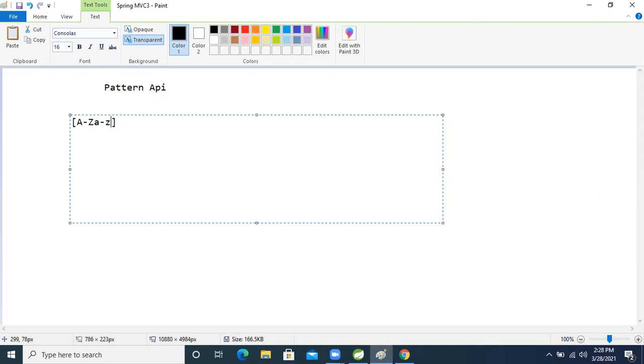So what will we do now? 0 to 9. Like that, we are giving input inside this bracket, then our Python API is working, right? After that, if we are using the star symbol outside of this bracket, it means that